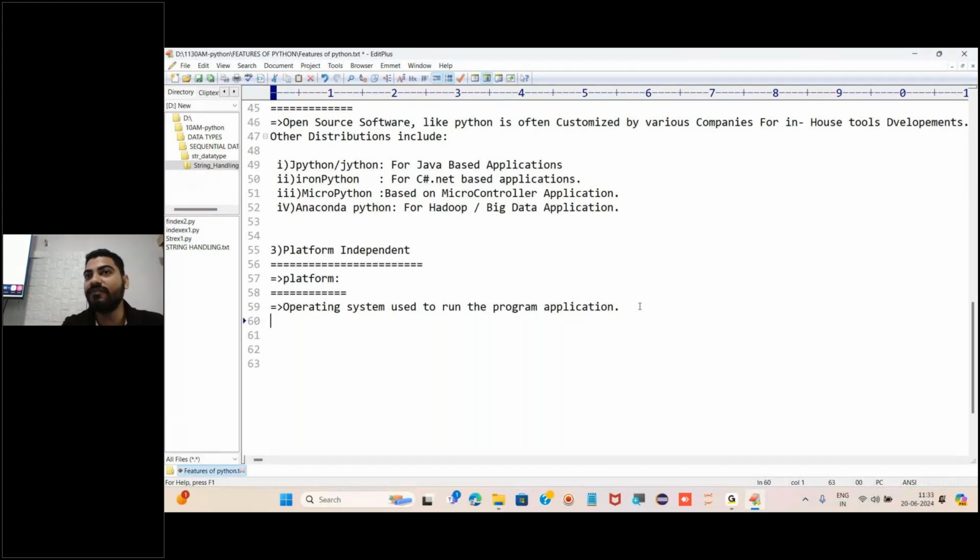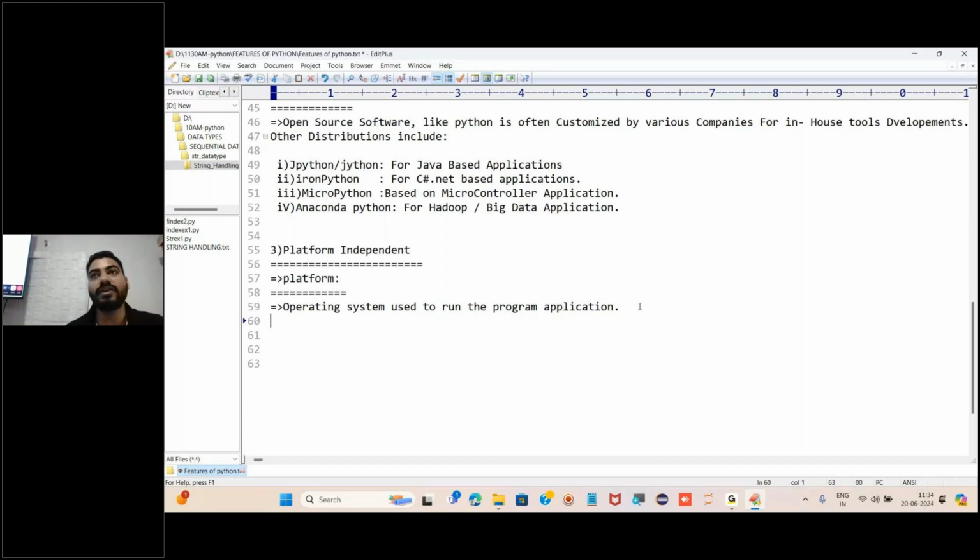When it is platform dependent, it is not possible to run code written inside a different operating system. That means if I am using Windows operating system, I only have to write Windows operating system code.